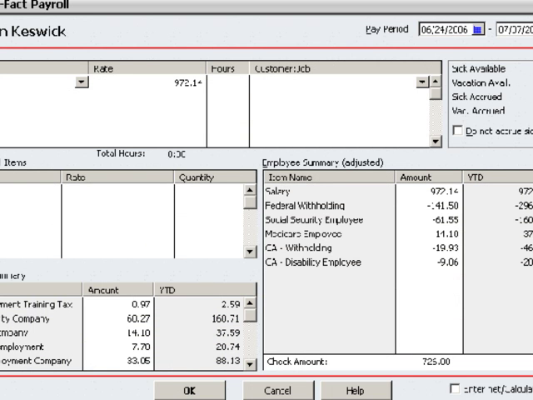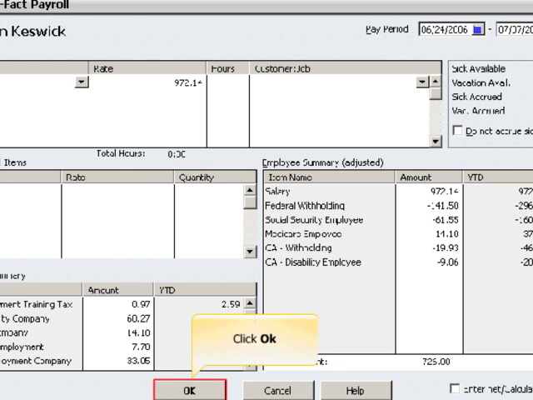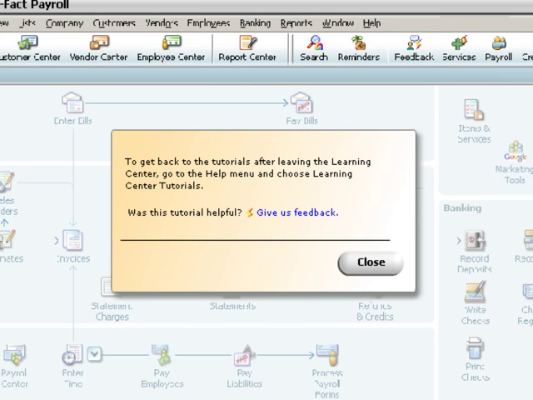Use this window to enter information such as jobs or classes. Click OK. That's it. Use the after-the-fact payroll feature to quickly and easily enter your client's payroll data. To learn more about QuickBooks Payroll, select another tutorial from the Learn